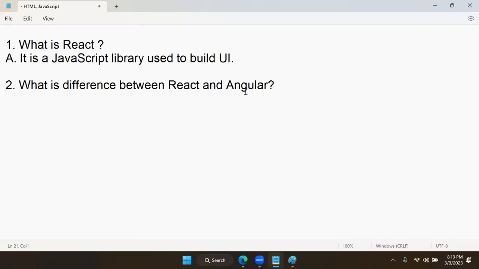Suppose you are a Java developer or a .NET developer or a PHP, Python or a UI full stack developer. You went to a company. Some companies, their projects ask for React. Some companies, their projects ask for Angular. If you learned any one, that means you are not suitable for the other. That's simple. For example, you see here,